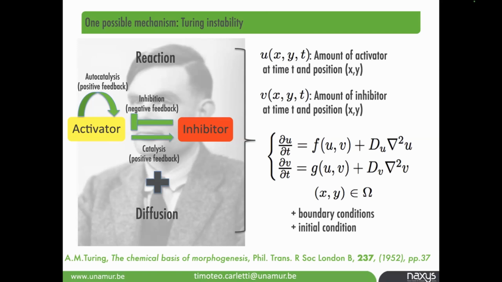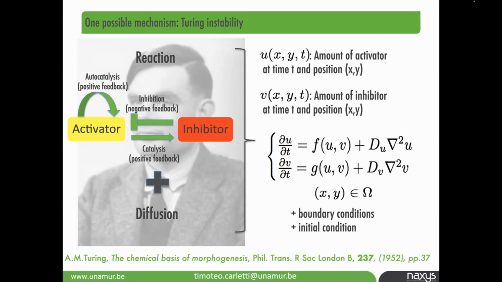Take two chemical reactants that react via some nonlinear functions f and g, where u and v are, if you want, the densities of some chemicals at position x and y on the plane at time t. If you take only the reaction, after some time the reaction converges to the equilibrium, the thermodynamics. So if u and v have some color, after some time in your dish or your tube, you will have a uniform color. Uniform, I mean spatially uniform.